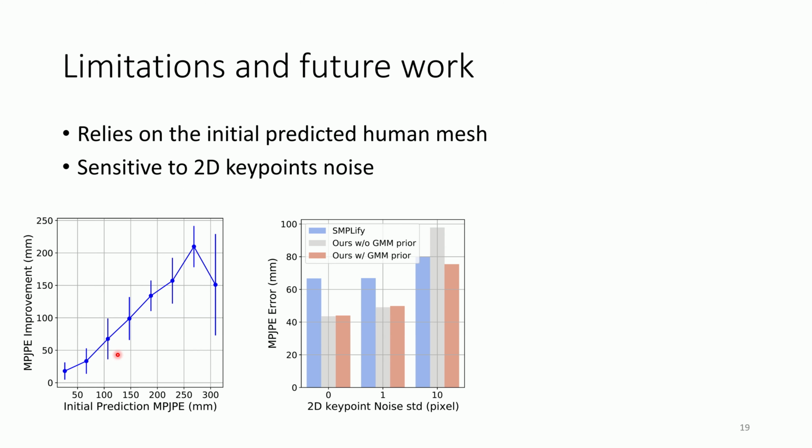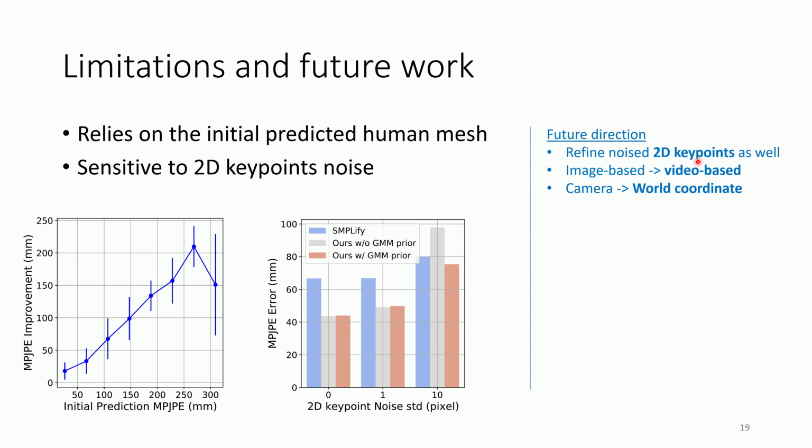KITRO relies on accurate initial HMR and 2D keypoints. Inaccuracies in these can undermine its effectiveness. Future work will address 2D keypoint noise, incorporate video information to refine all factors collectively, and transition from camera to